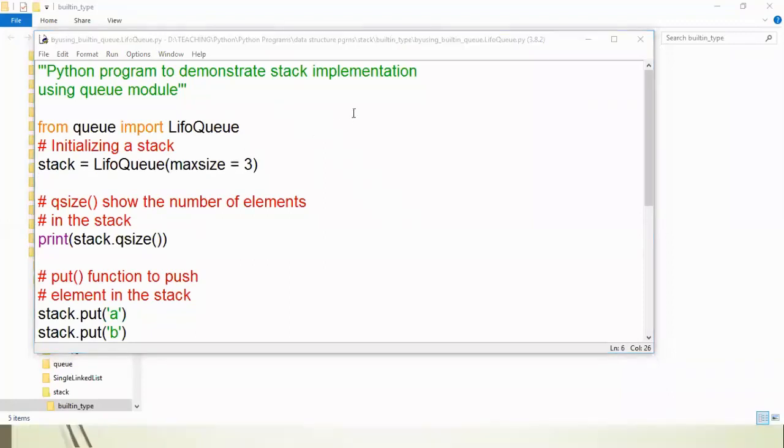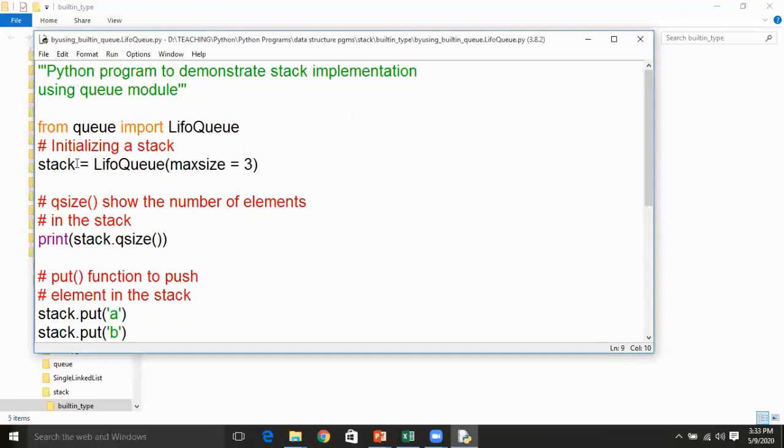After doing that, the stack is a variable which refers to a built-in empty list, and whose size is 3 in this example. Then you print the size of the stack by using the predefined method, using the stack as the reference variable and the dot operator, qsize. This method returns the current size of the stack.